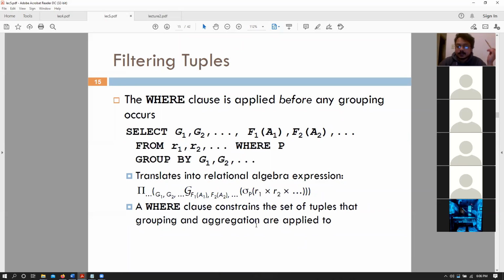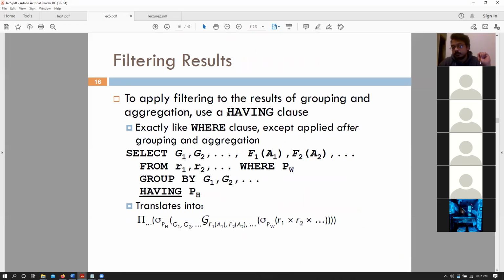There is a way of doing this, and that is the having clause. The having clause is essentially the same as our where clause, but it is applied after the grouping and aggregation operations. So it has this procedural tendency that something happens first and the having happens after.